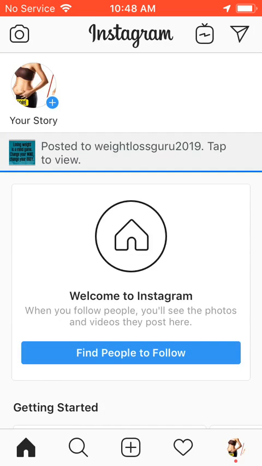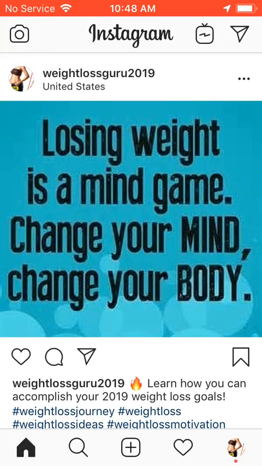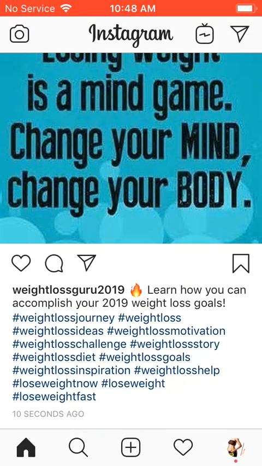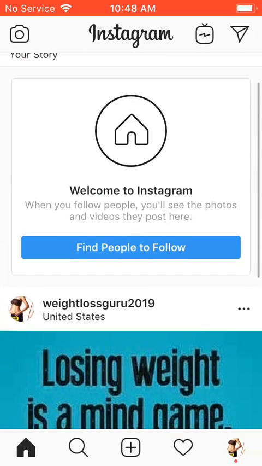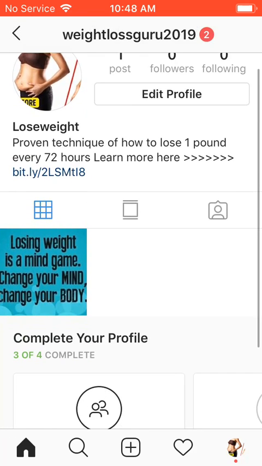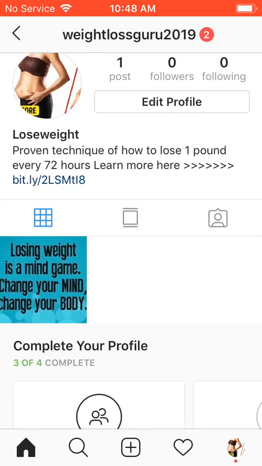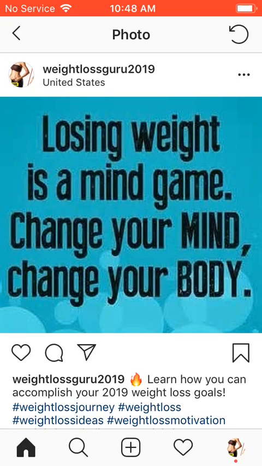So it says that it has posted on our page. Yep. And now we just sit back and let the traffic come to us. Eventually, right now it's still taking time, but let's go to the profile. So now we're all set up. We're good to go. We got our description, we got our bio, we made our first post. We're targeting people in the U.S.